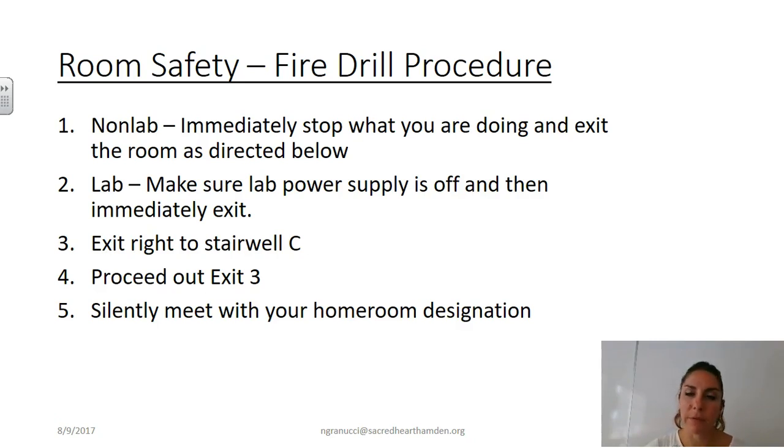If there is a fire drill, please exit to the right in stairwell C, so it's the first stairwell right over here. Please don't go left. There's no reason to go left. And proceed out exit 3, so that's downstairs over here, and then quietly please report to your designated homeroom area